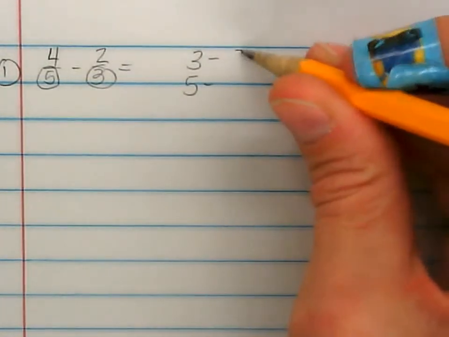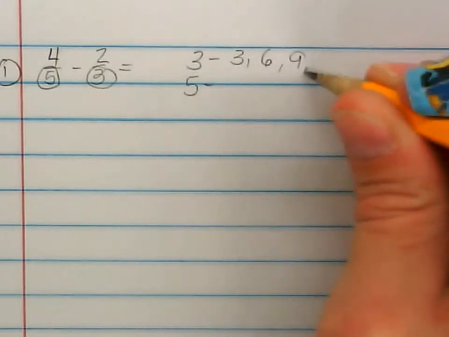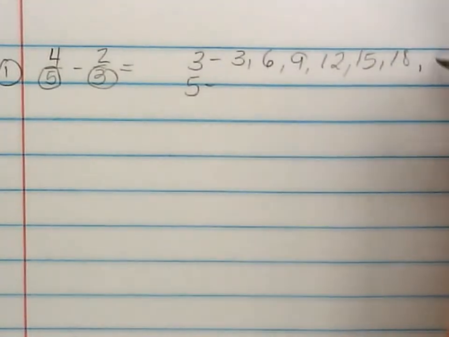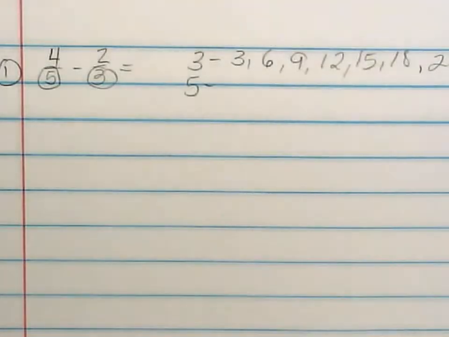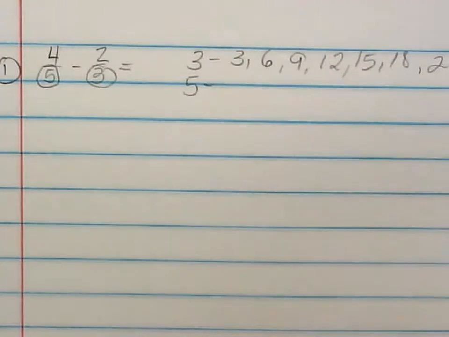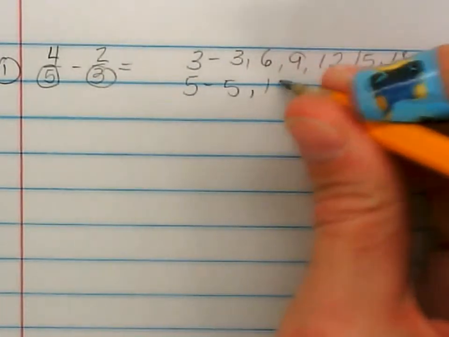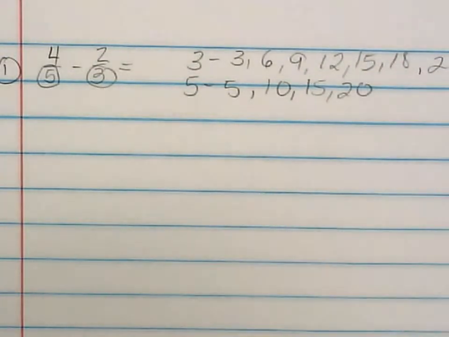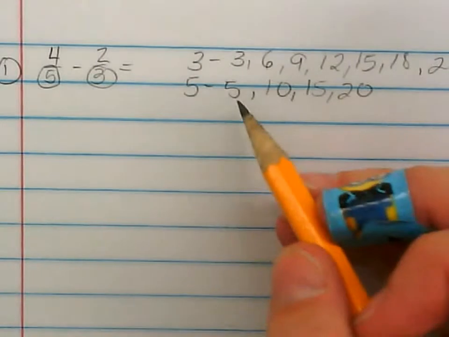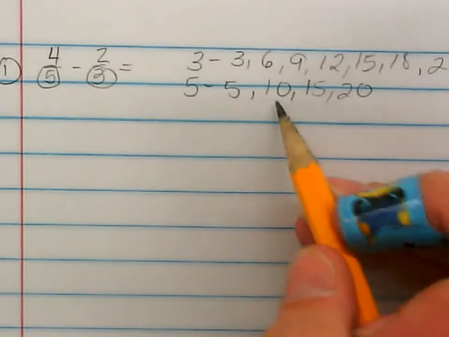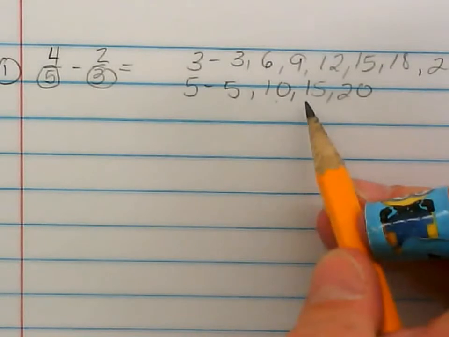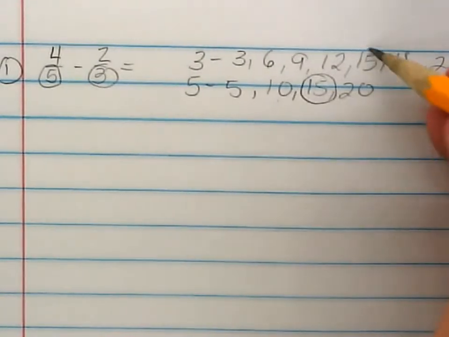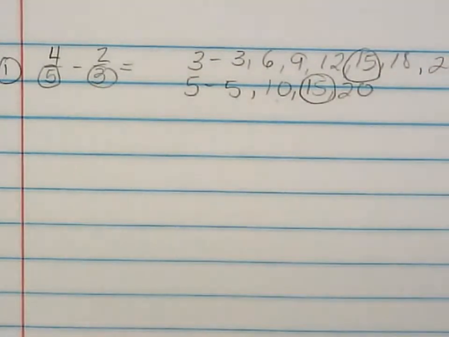So my multiples for 3, I have 3, 6, 9, 12, 15, 18, 21, and I'll stop there. That hopefully is enough, and if it's not, I'll just come back and extend my pattern. My multiples for 5 are 5, 10, 15, 20, and now let me just go ahead and check and see, do I have a common? Again, I can extend my pattern if I don't. I have a 5 here, no 5. A 10 here, no 10. 15 here, oh, I do have a 15. So that is going to be my least common multiple, which I'm now going to use to create a common